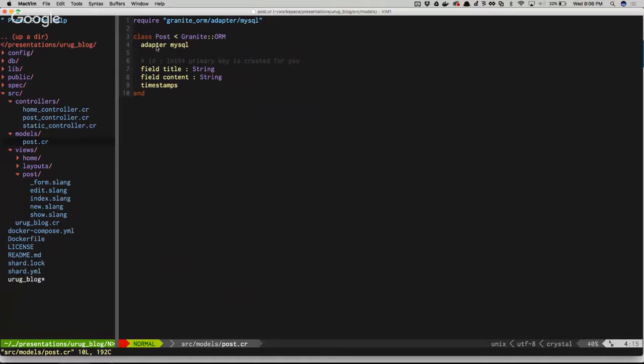Because we have to do things at compile time, we are telling it there's a field called title, which will be a string here. There's a field called content, which is also a string, although in the database the migration is telling it it's text, but the model is going to treat it as a string. And then we're telling it to automatically build timestamps for us.